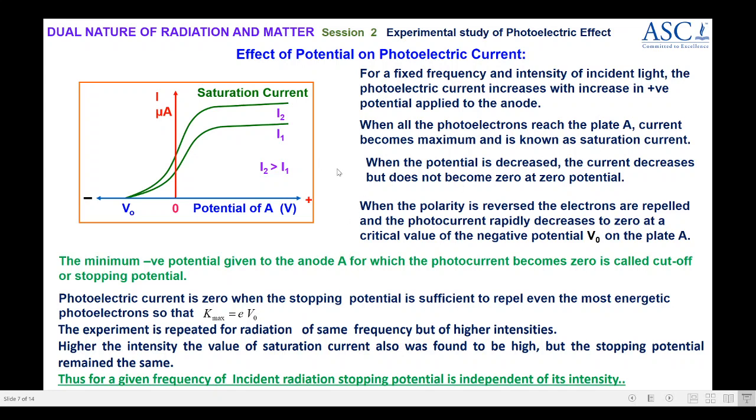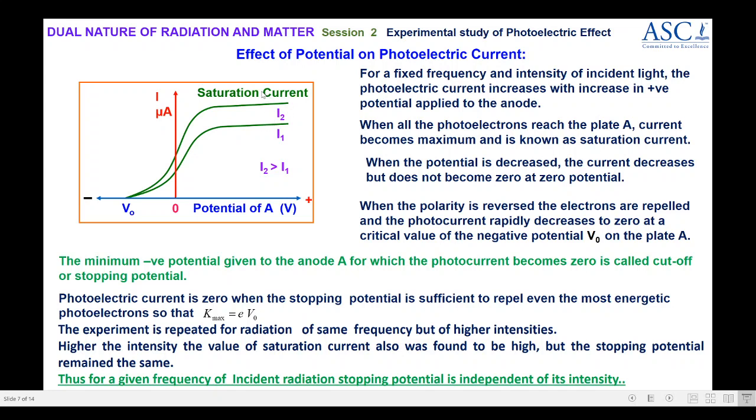Now if you again look at the graph, the experiment is repeated for different intensities, which means in the first case the experiment was done for an intensity I1. Say for example, if you have used a 100 watt bulb, in the second observation the experiment is repeated for a different intensity I2, such that I2 is greater than I1. If you have used 100 watts here, you can use 200 or 400 watts here. When you increase the intensity, as you can observe in the graph, the saturation current also increases.